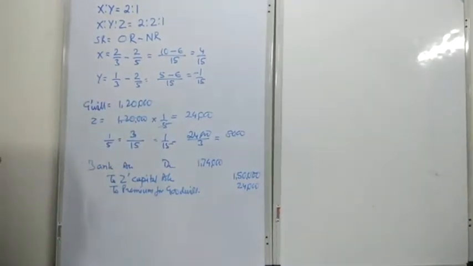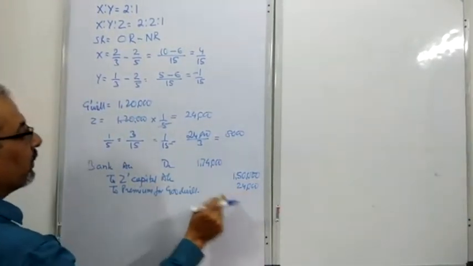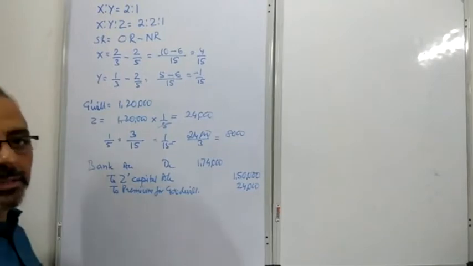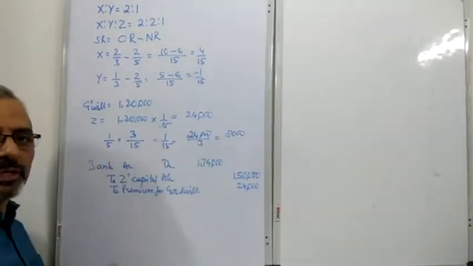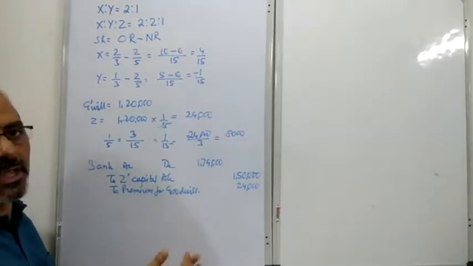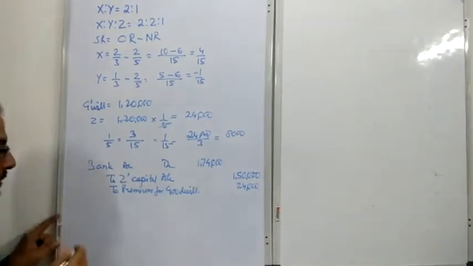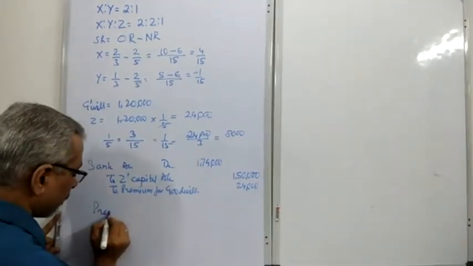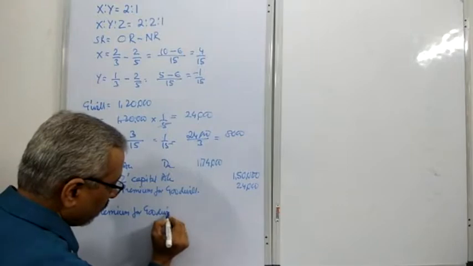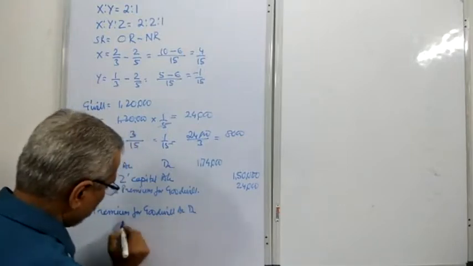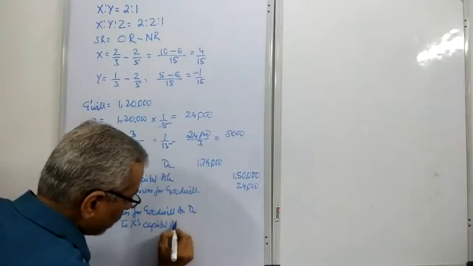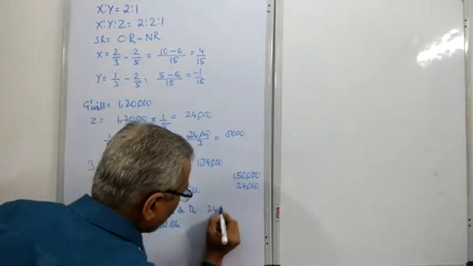Now please see very carefully, this premium for goodwill will be given to the sacrificing partner, which is X. And also one more thing, Y has to bring in 8,000 rupees. So we can pass a combined journal entry for that, or we can pass separate journal entries. I'll show you separate journal entries. We can do a compound journal entry, but I'm showing you a separate journal entry. The journal entry will be premium for goodwill account debit to X's capital account, because X has only sacrificed 24,000,